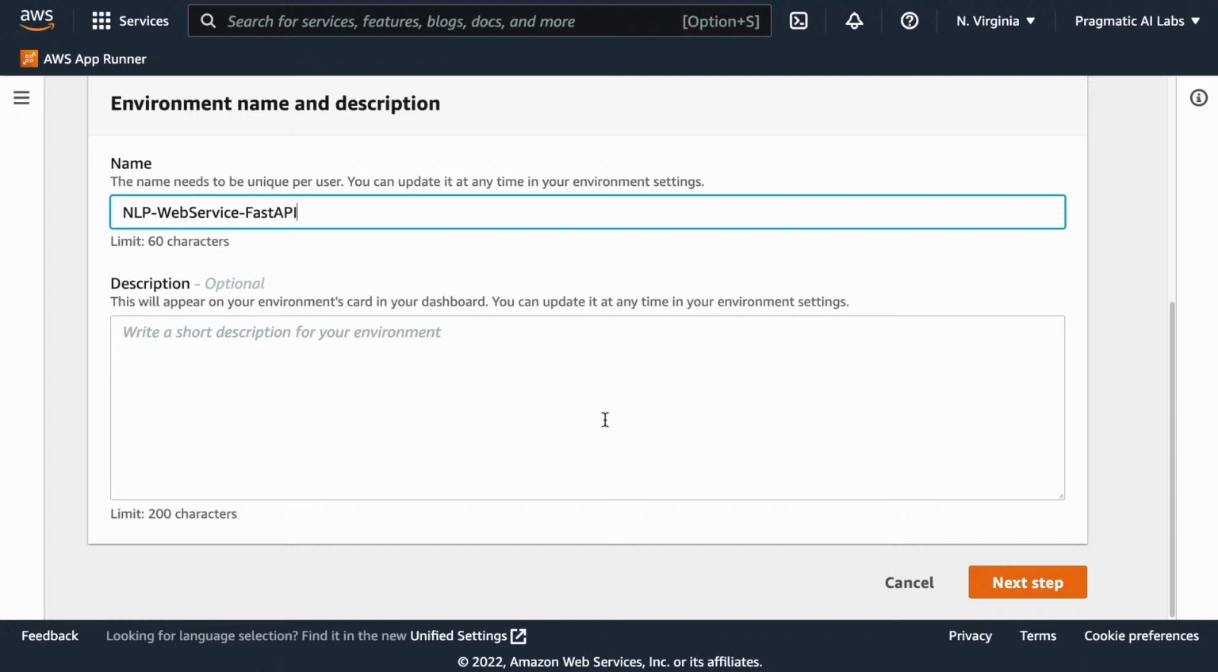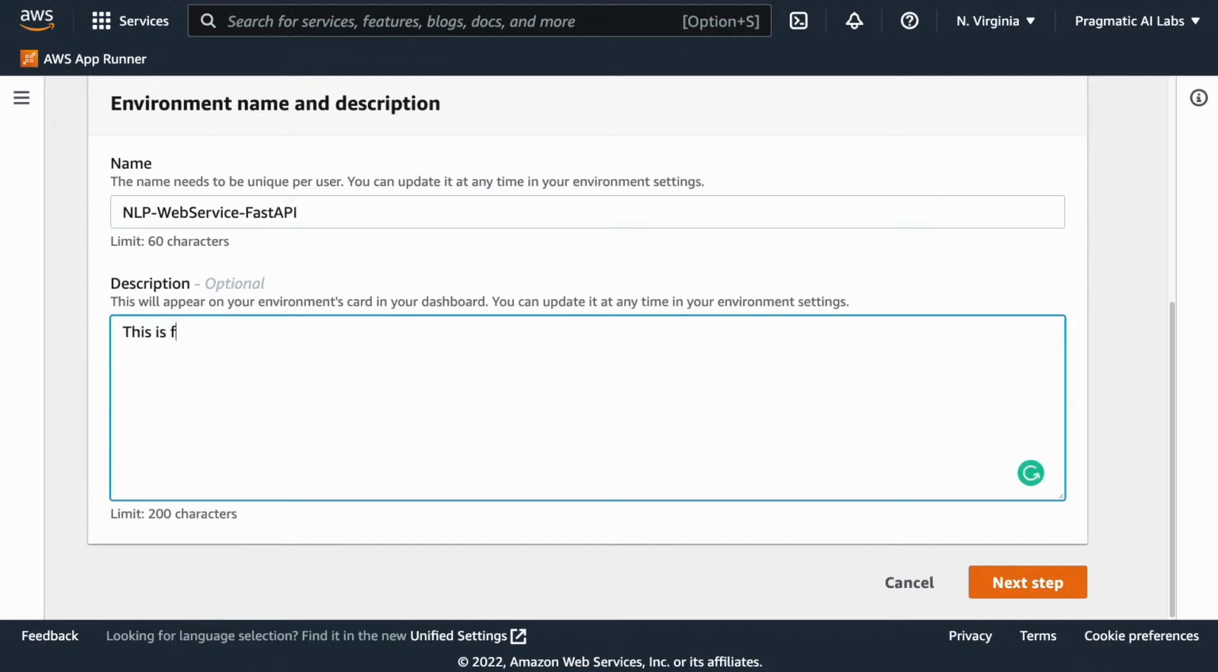So I'm going to go ahead and put this NLP web service FastAPI, and we'll put a little description here. This is for building out a containerized and continuously